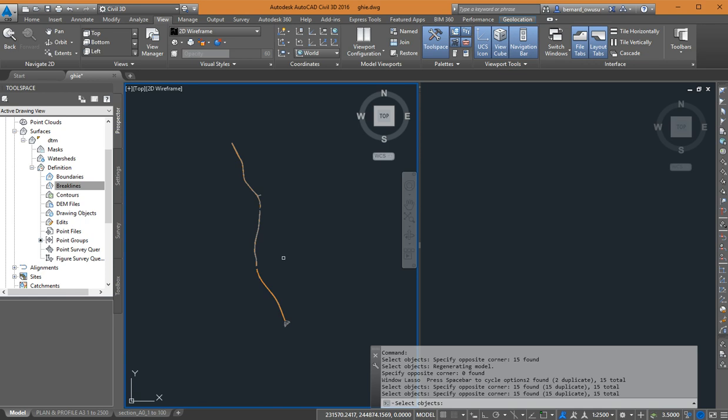Go to break lines. Right click on break lines. Add. Put your name there. Okay, you don't want. Let's do it again. Then come and click on OK. Then come and draw a window around it. Then right